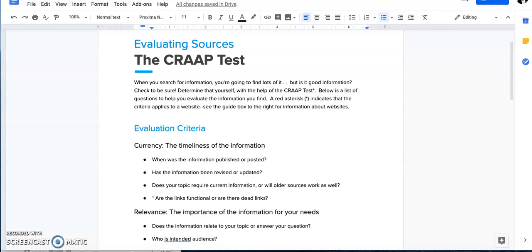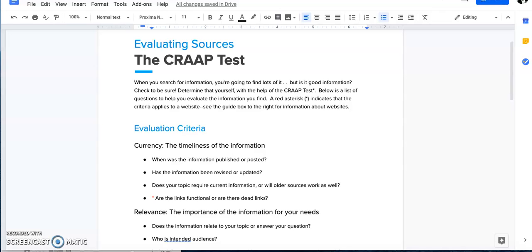When you were growing up, your parents might have said people associate you with the people you hang out with. So if you hang out with bad people, people assume you're a bad person. The logic behind that might not be true, but it is a way that we think about things. Same thing with your sources. You are aligning yourself with voices in this paper, so you want to make sure they're credible.